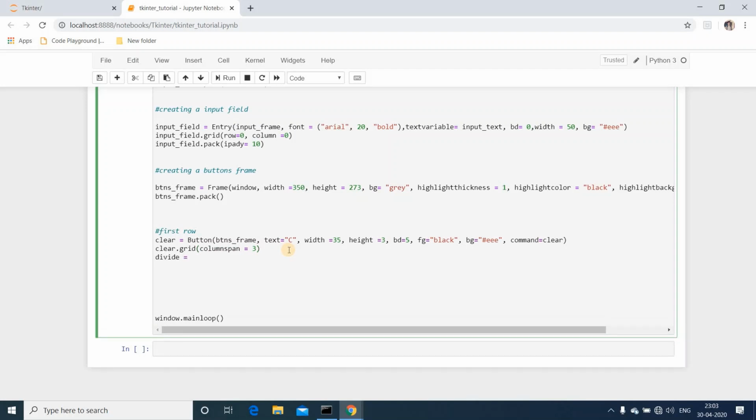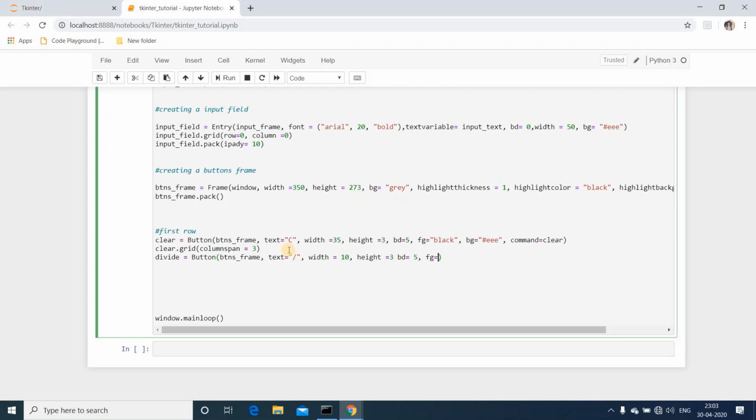Then I'll create a button for divide. Divide equals Button of, I'll pass the buttons frame, and then text equals, pass the divide symbol. Width equals 10 and height equals 3. All of the remaining things are the same.